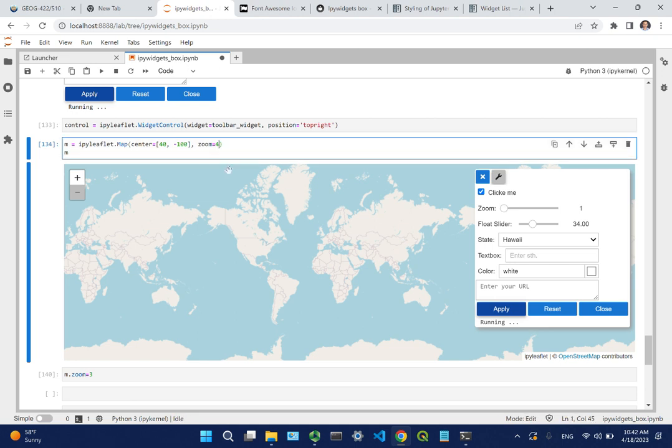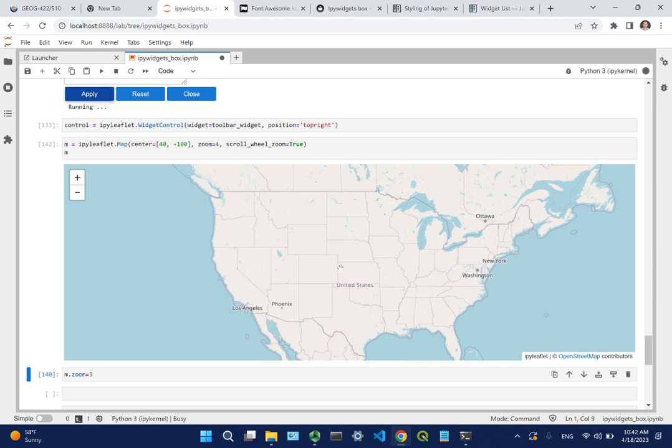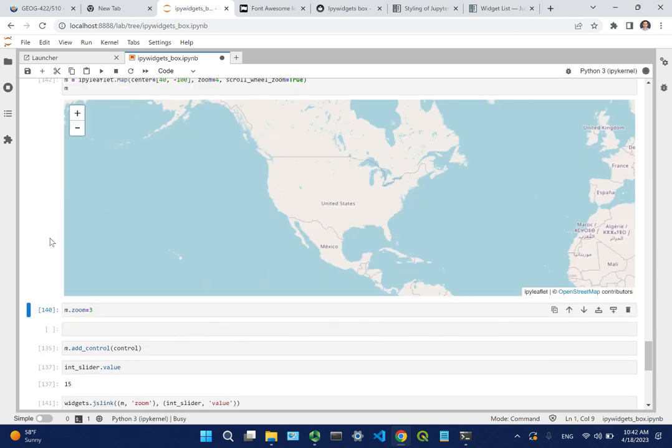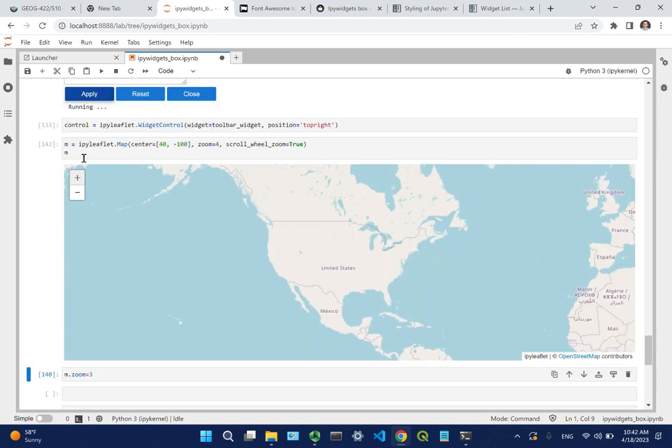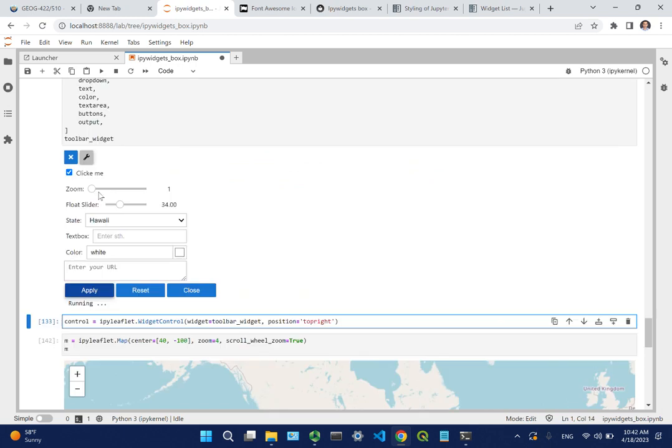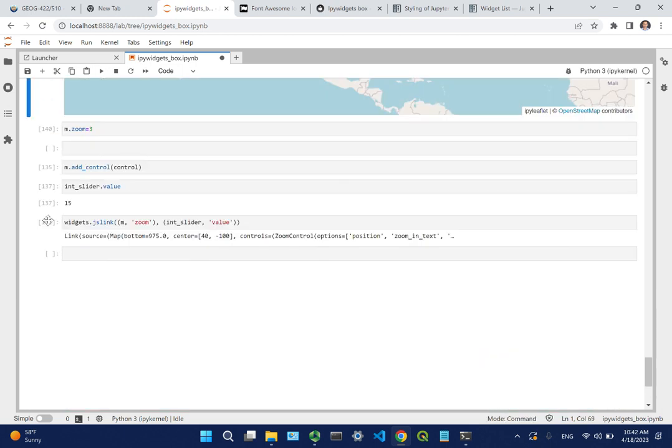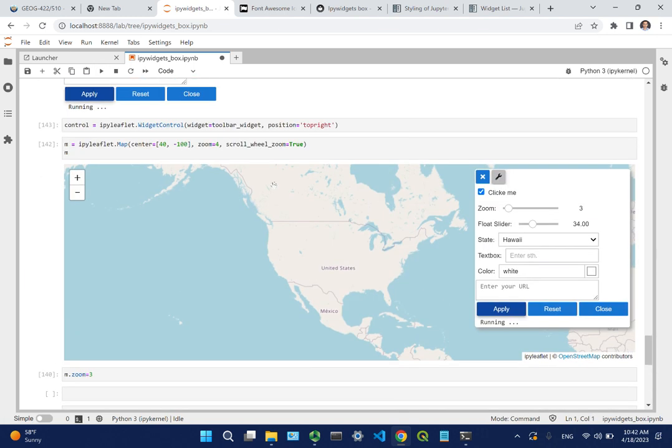If you really want, I can maybe scroll wheel zoom equal to true, so that it's interactive, right? So then I can zoom in and zoom out. But of course you need to re-add the stuff. So I'm going to add the widget control, and then add the widget control to the map, and then you link the map with this one, right? So again, look at this one,